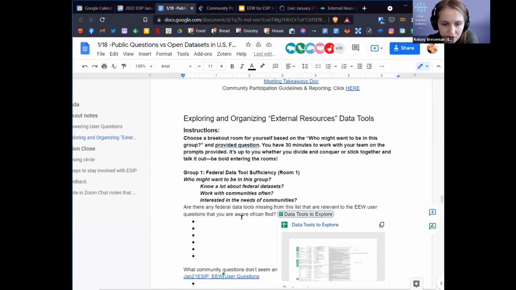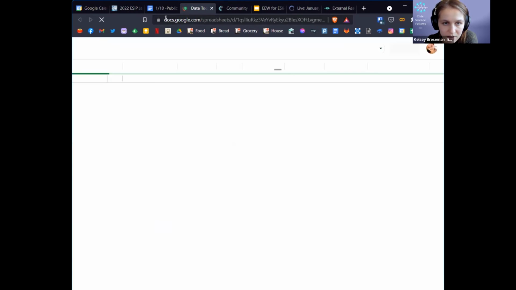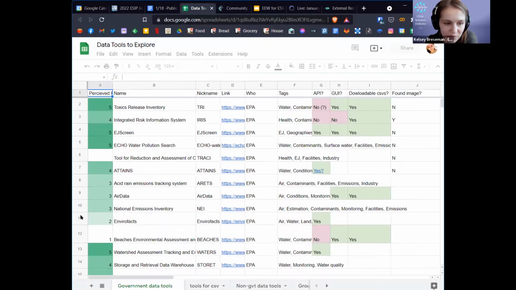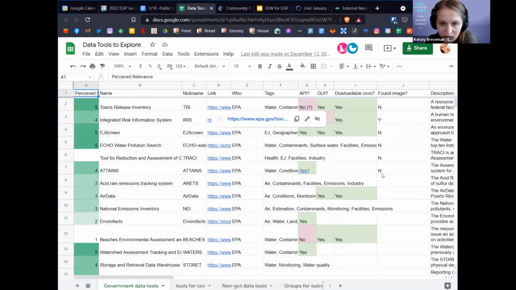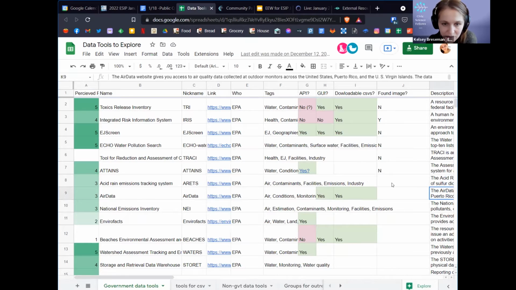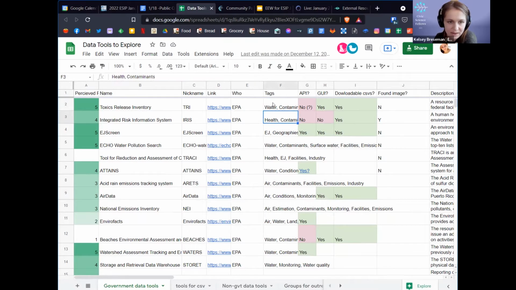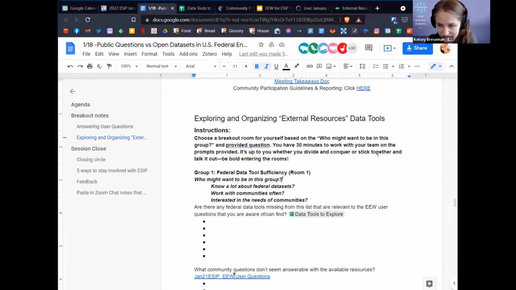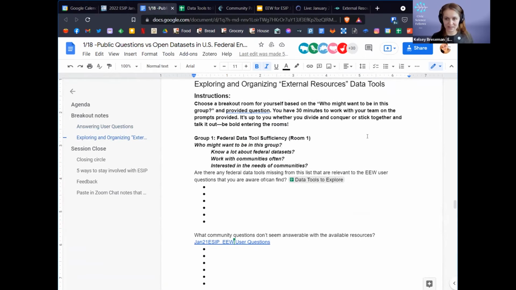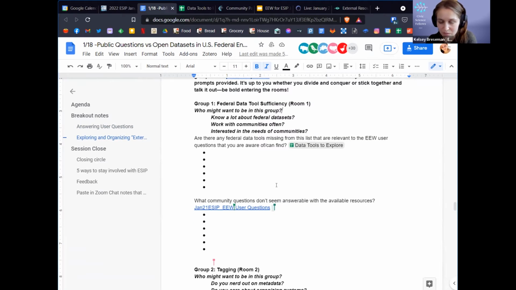So this is what that looks like. This is the spreadsheet that we pull those from. It's the name, the nickname, the link to the database itself, and then a description that we usually pull from the site itself. And you can see that I've started to do tagging of these. What I'm hoping you can help me do, as at least somewhat experts in this space, or even if you're new to this, is help me validate those tags and say, yeah, that's really what's in there. Yeah, I opened the site and it does look like that.